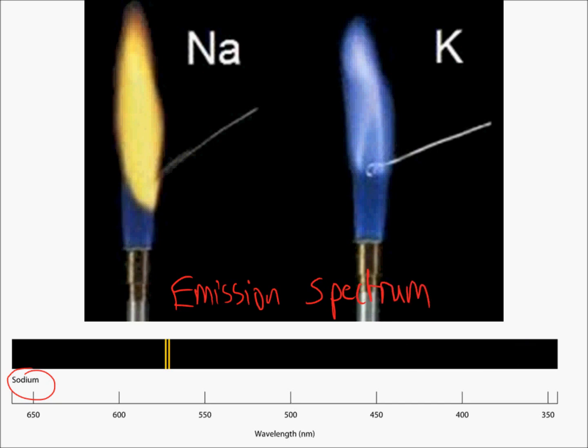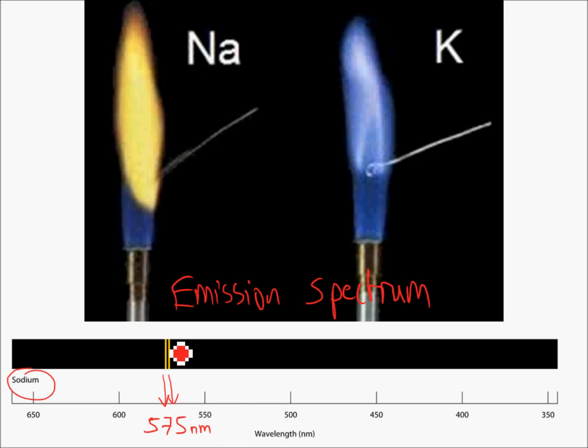So this is the emission spectrum for sodium, and what it shows is if you put that light and you refracted or diffracted it through a grating, you only come out with wavelengths at an extremely specific value. So the value of the wavelength here is somewhere between 550 and 600, around about the 575 nanometer